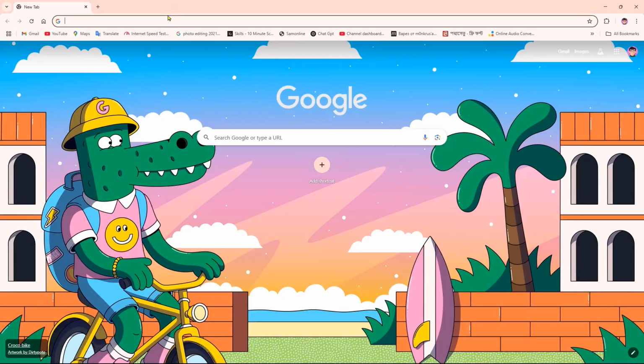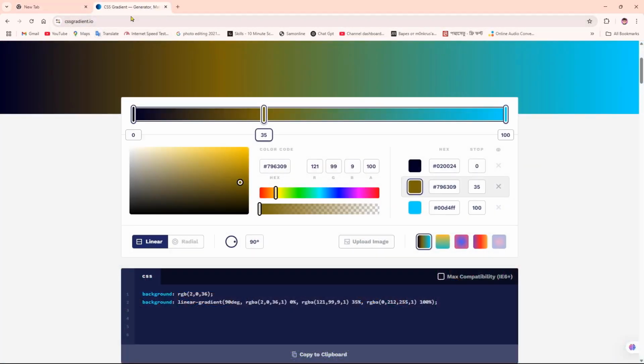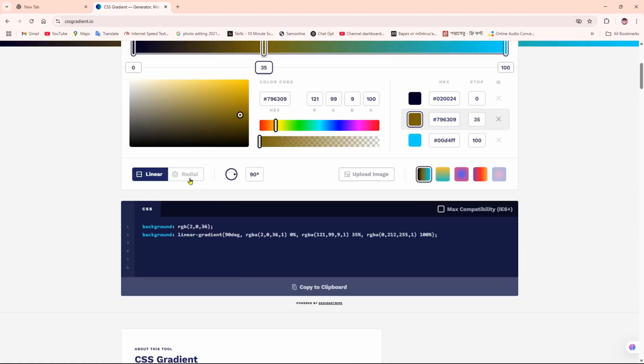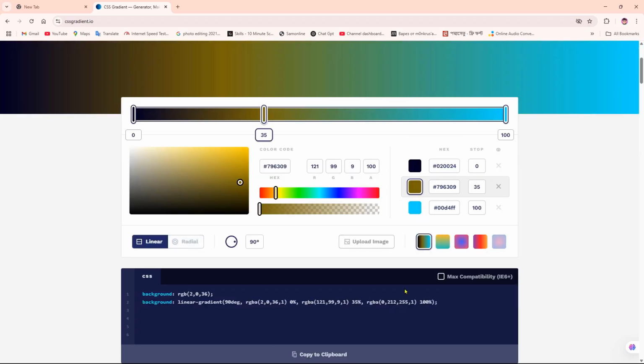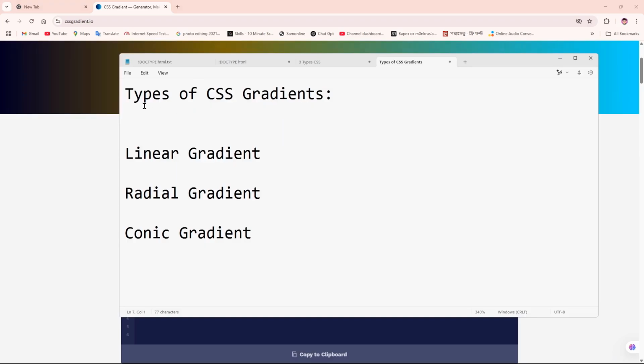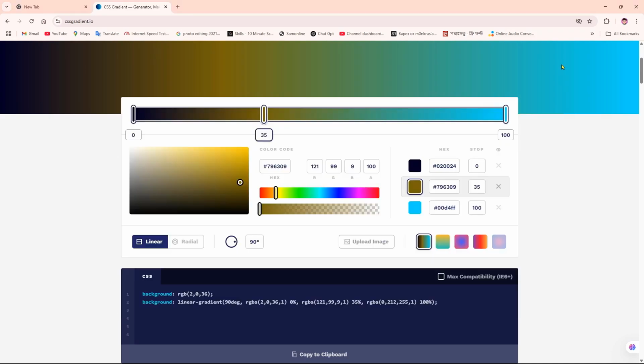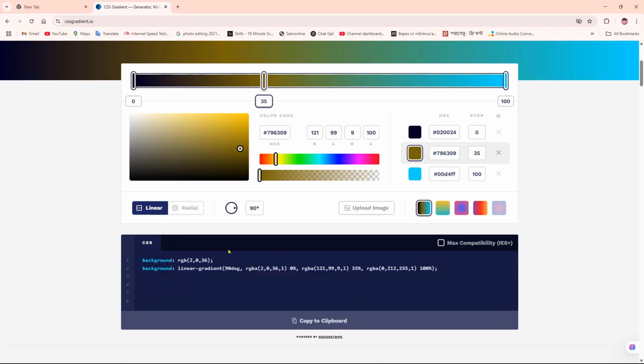First, we have to come over to our CSS gradient website, this one, cssgradient.io. Here you can see there are two options to know about gradient, one is linear and one is radial. Well, there are three types of CSS gradients: linear gradient, radial gradient, and conic gradient. In this video, we are only going to learn about linear and radial gradient. So for the linear gradient, from here you can simply get the code